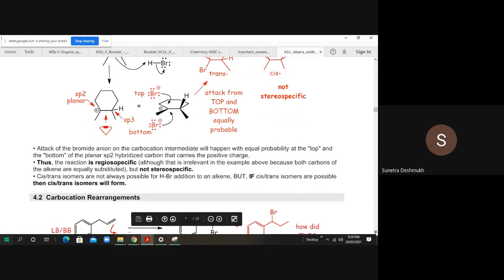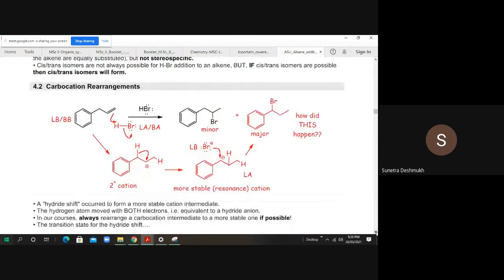Now carbocation rearrangement. Now we will see one more example about the addition reaction across carbon-carbon double bond, and how the carbocation is involved, how the carbocation rearrangement occurs, and how, due to that rearrangement, the product formation is changing. So we have taken another example of a Lewis base olefin, Bronsted base or Lewis base, and that one we are going to react with HBr, which acts as a Lewis acid or Bronsted acid.